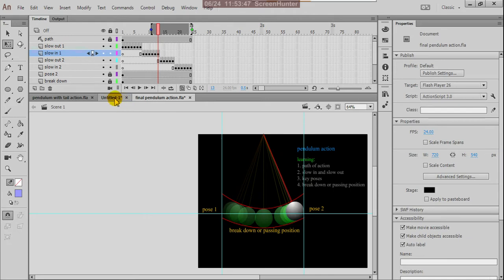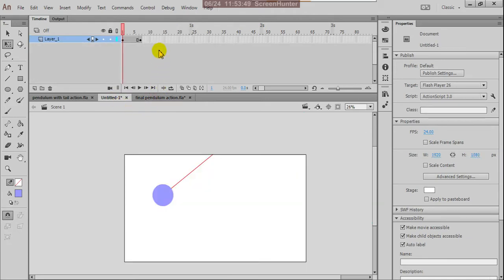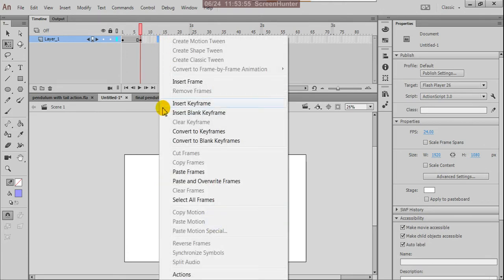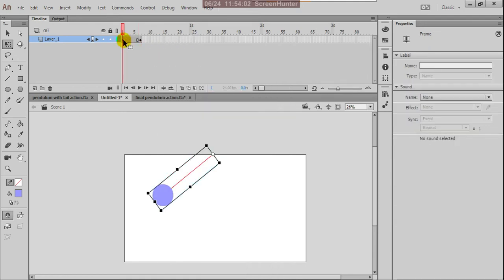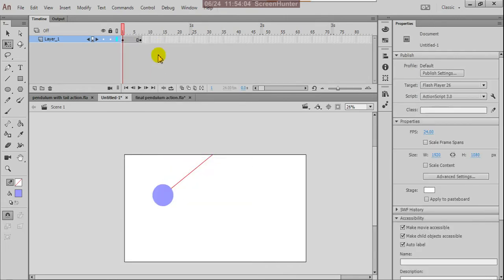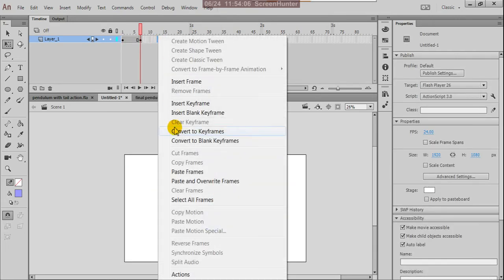Okay, I'll explain the procedure and all. So this is 15, 14 and 13. Insert. Suppose I'll copy this and I'll paste.